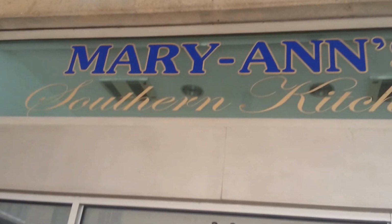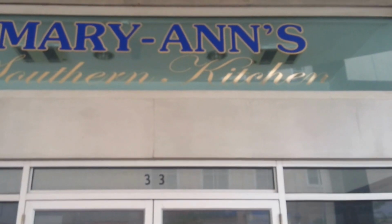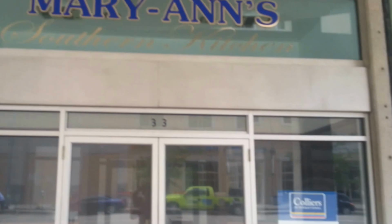Now this says Mary Ann's Southern Kitchen right here at 33 North Ludlow Street, but this used to actually be an Arby's about 5 or 10 years ago, and there probably will not be anything done with it because, especially in Rust Belt cities in particular like Dayton, the amount of shopping and retail space and hotels is far too high for what we even need or use. And you can clearly see with all these vacant storefronts that are just going to remain nothing but